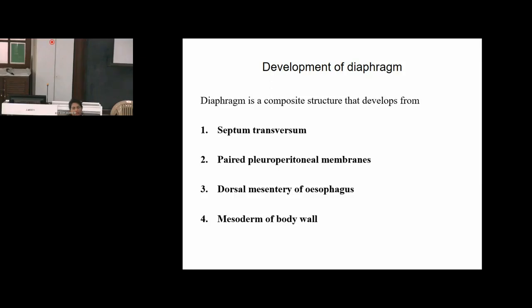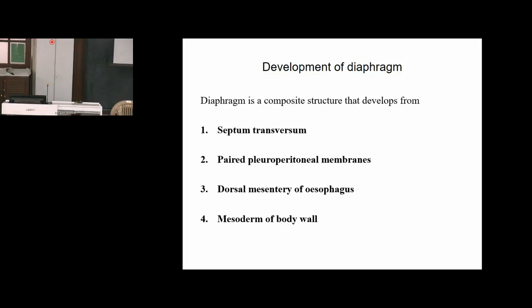The hepatocytes and everything in the parenchyma is developing from what germ layer? Endoderm, right? So which part? Foregut, the liver bud. Okay? So the hepatocytes in the parenchyma are developing from the endoderm, from the foregut, and Glisson's capsule is developing from